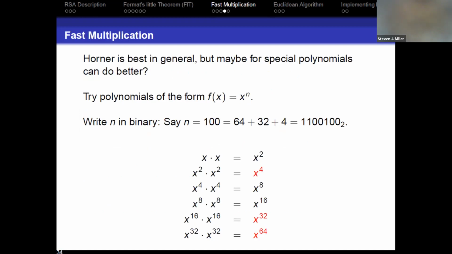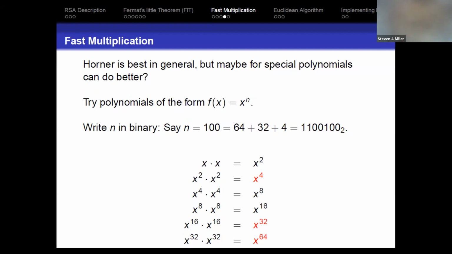But when we do it like this, anybody know how many multiplications this really costs us, worst case? So I want it as a function of the number of digits. So, I have x to the 100, or more generally, I have x to the d. So the first thing is we have to figure out what's the highest power we have to go down to. So we have to go down to 64. So we will need the highest power of 2 that's less than d.